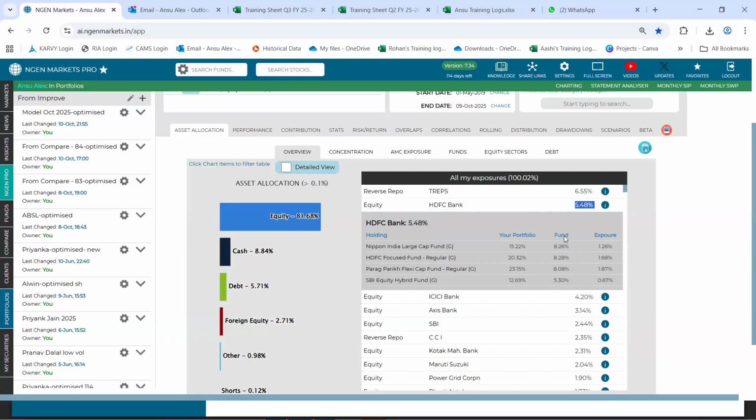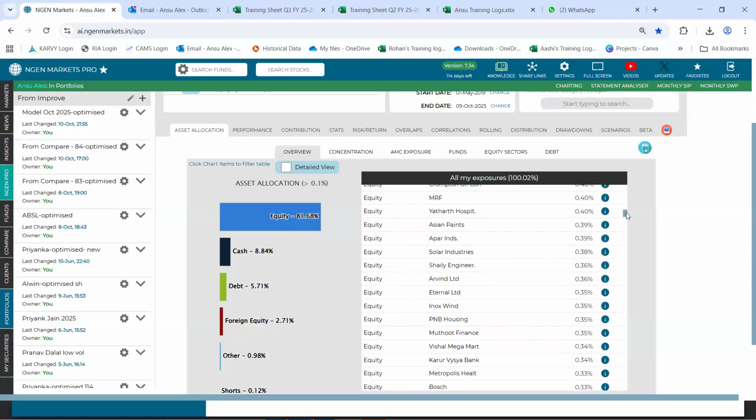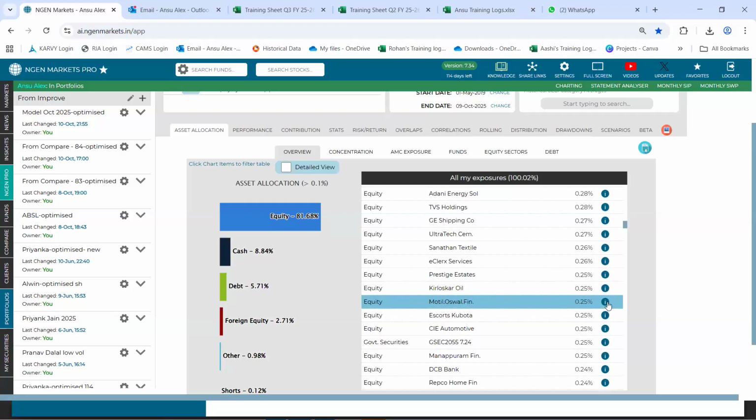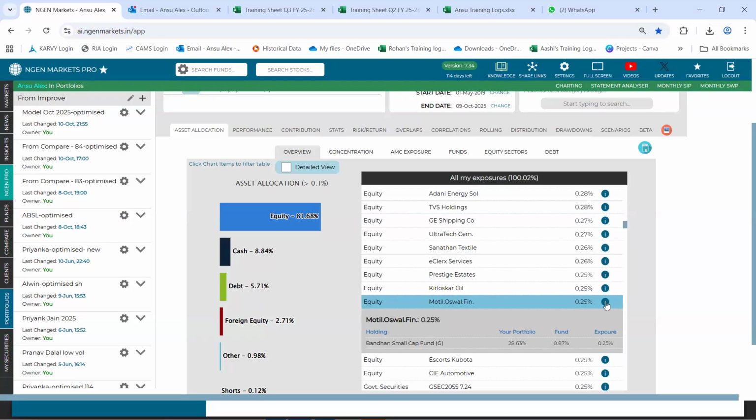That is what is denoted in the fund's column, and the exposure column is a multiplication of your portfolio allocation of that respective fund and the holding of that respective stock in the fund. We simply multiply these two data to arrive at a portfolio level exposure coming through any underlying component. On our system, we show the total exposure coming through any component. For that matter, even minuscule exposures are shown on our platform as well.